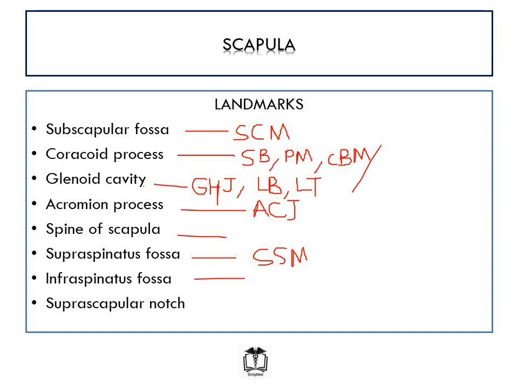The name of the muscle is the infraspinatus muscle. Then finally, we have one more structure, one more landmark, which is a notch, a depression, and that depression is found at the superior border of the scapula. The depression here is called the suprascapular notch, and the suprascapular notch tends to form a passageway for structures, particularly